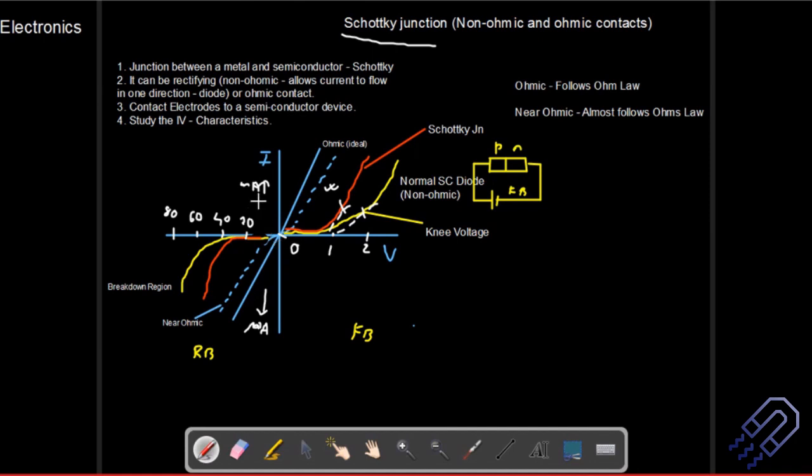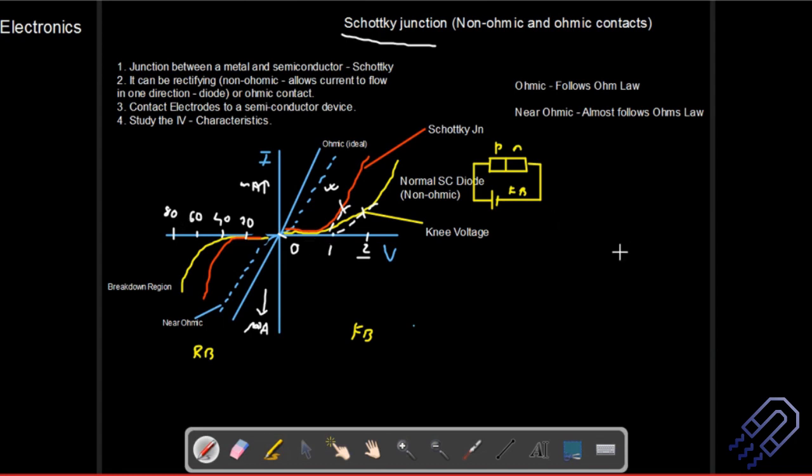You know what the range of current is, how much voltage you need for forward bias, and how much voltage you need for reverse bias. Imagine giving a voltage of 2 in reverse bias. You are going to get nothing, no current at all. So you have to apply a very high voltage. Whenever you apply that much high voltage in forward bias, the chances are you are going to damage the diode. But in reverse bias, you are not going to damage the diode, because the majority charge carriers are not there. It's because of the minority charge carriers.